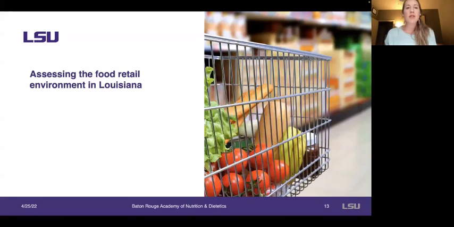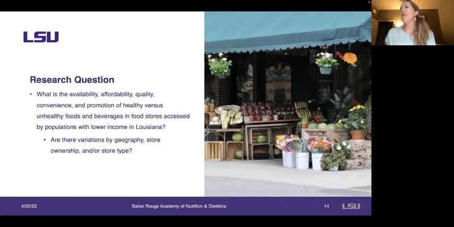Okay, so I'm going to move into some research results from two studies in particular. And the first one I'd like to introduce to you is a study where we asked what the availability, affordability, quality, convenience, and promotion of healthy versus unhealthy foods and beverages in food stores were in populations assessed by lower income audiences. We also wanted to know if these food environment properties differed by geography, so urban versus rural, by